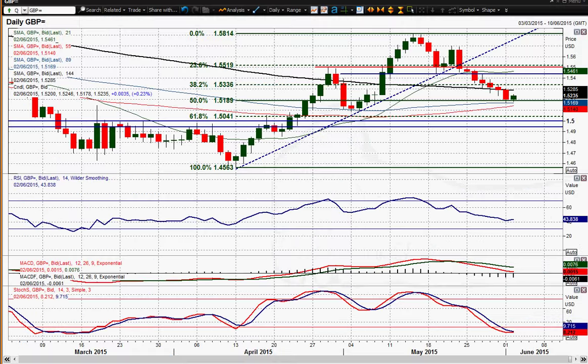Sterling dollar is rallying today. You've just had out the construction PMI for the UK and it's coming positively, and that has helped to drive cable higher. Interestingly, on this chart, this 50% retracement, 51.89, was slightly breached yesterday. 51.68 was the low, so 20 pips to the downside. But still, you would argue that that is an element of consolidation potentially, and it's helping to have this move